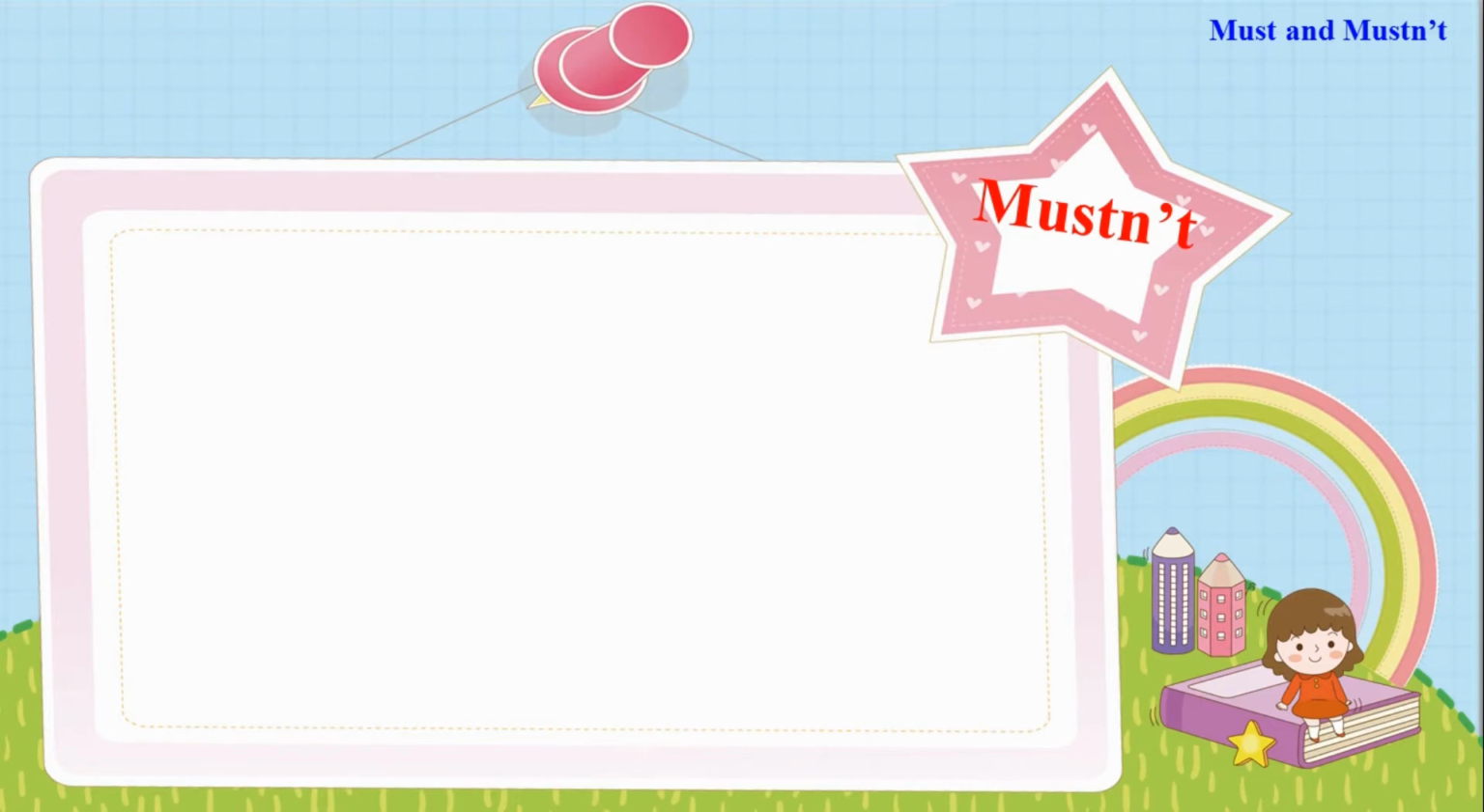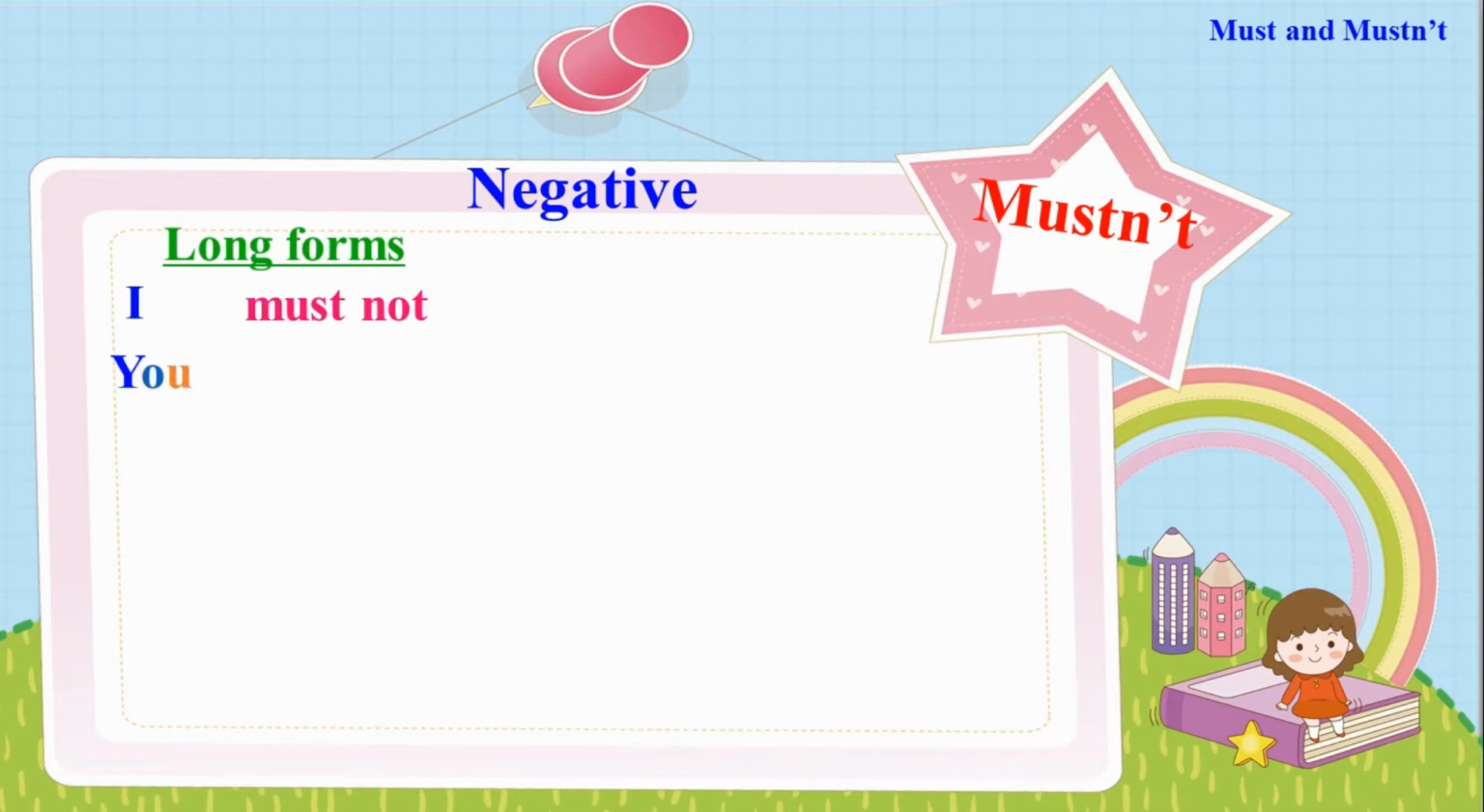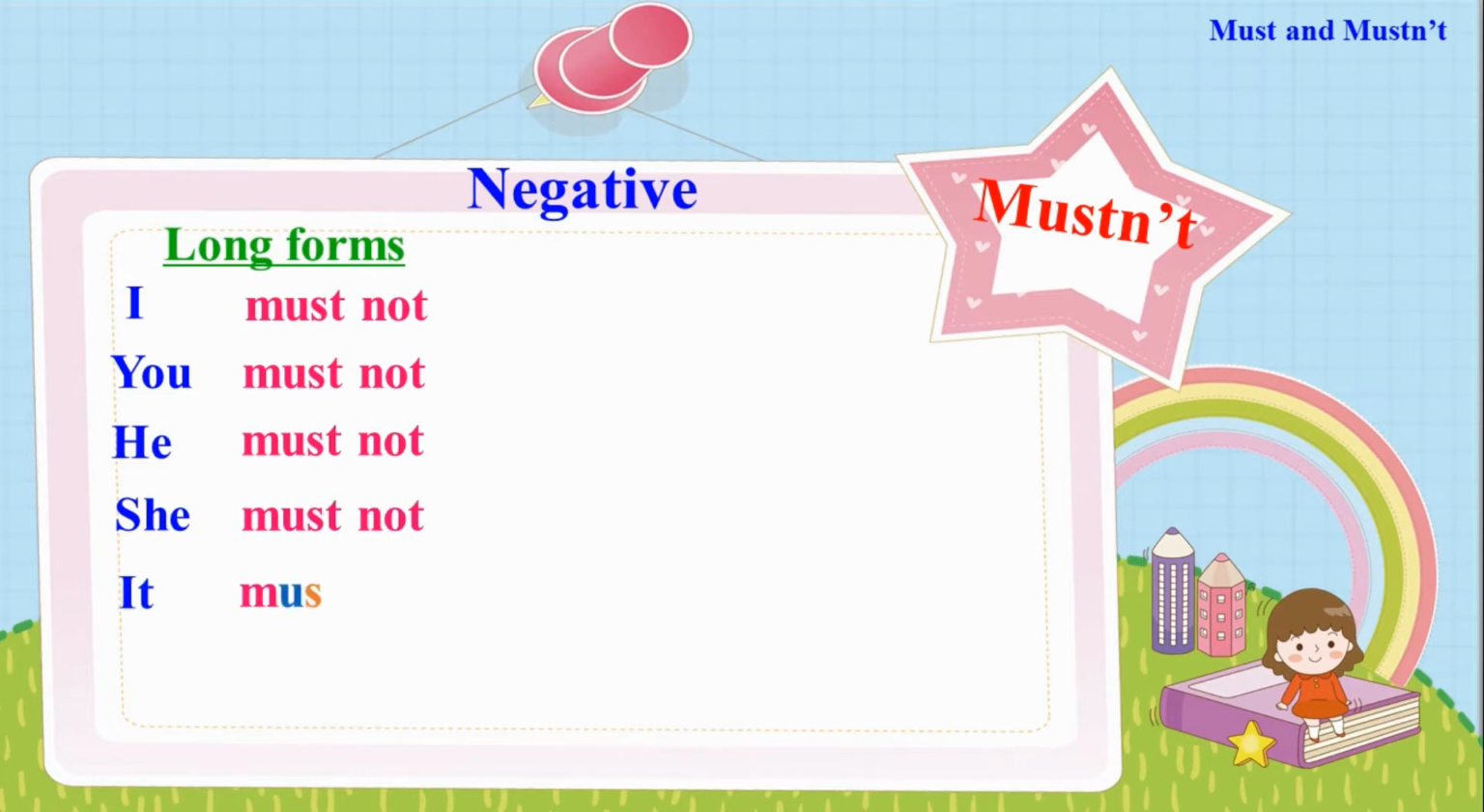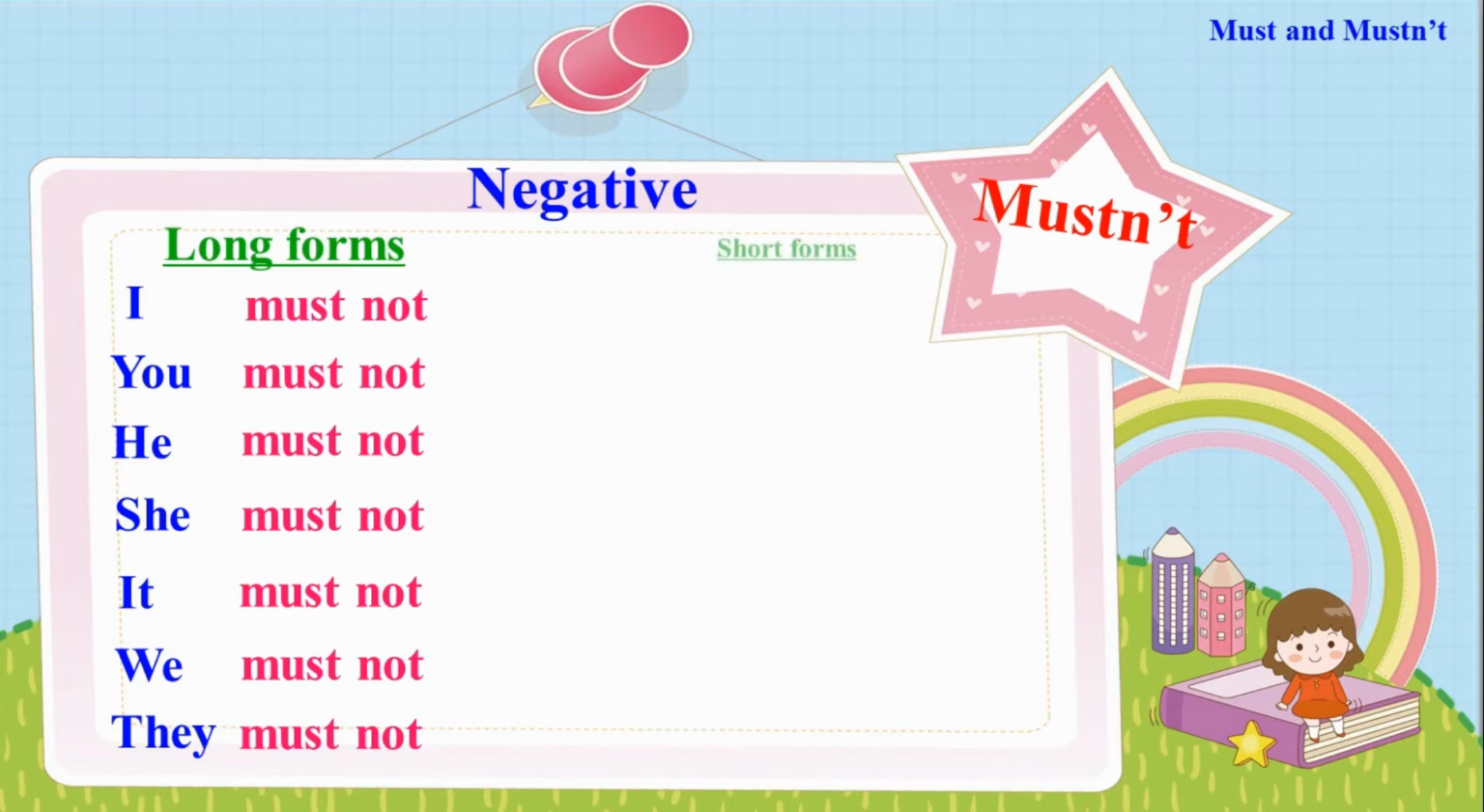Let's move to the negative form, mustn't. With long forms: I must not. You must not. He must not. She must not. It must not. We must not. They must not. And with the short forms,